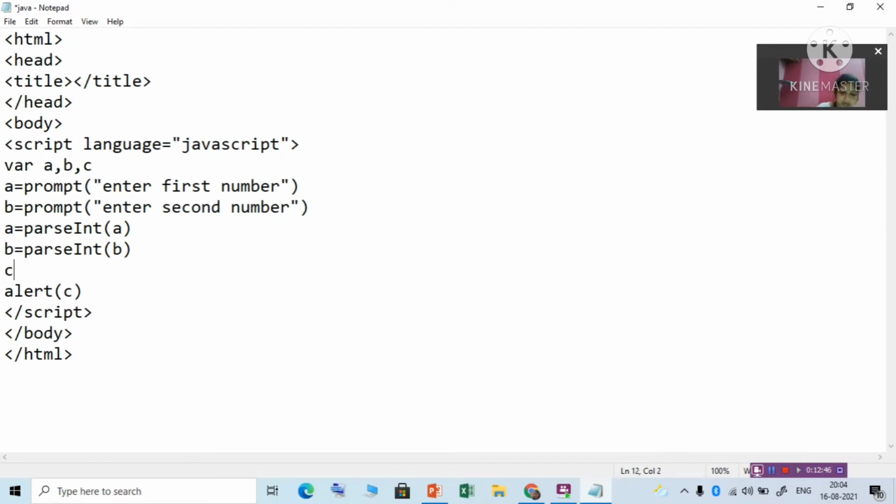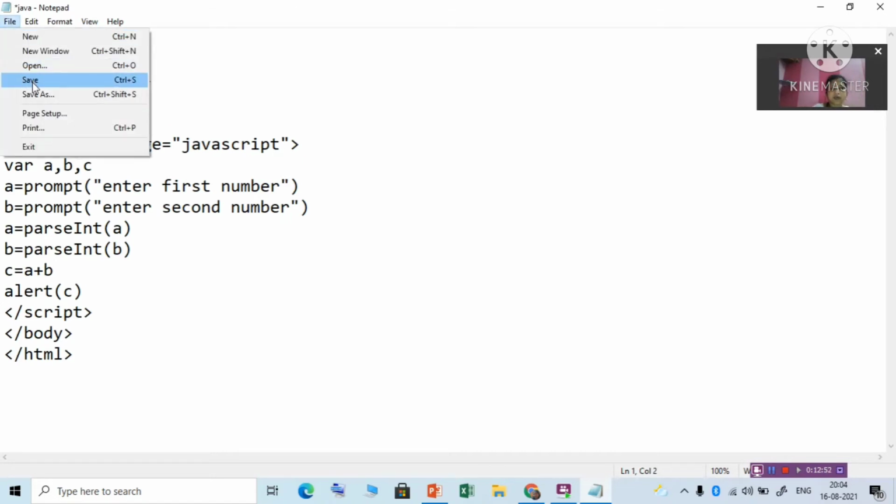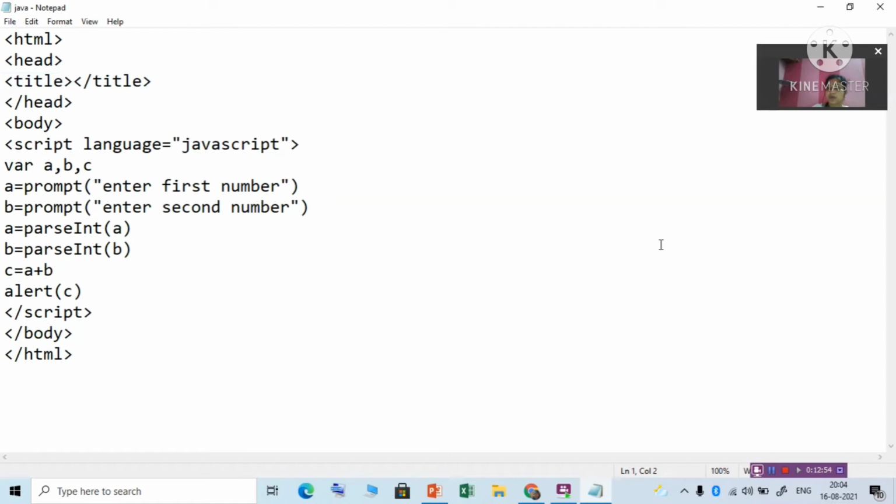Then we can write here c is equal to a plus b. This extra thing we have to write because plus is used both for characters and numbers also. If for characters you use it, it will join the characters. If you want to use it on a number, then first you have to convert the character to a number. Okay, so now let us see.